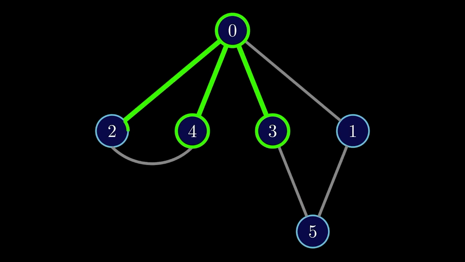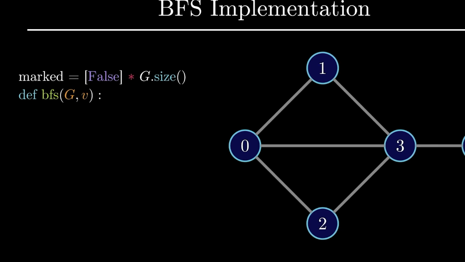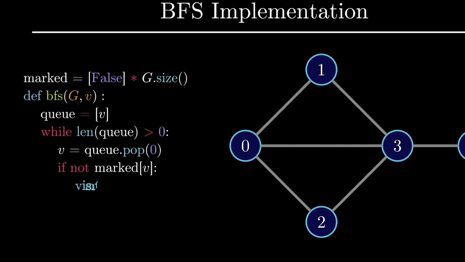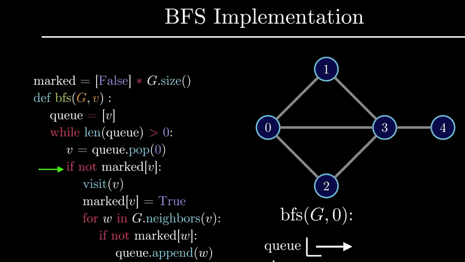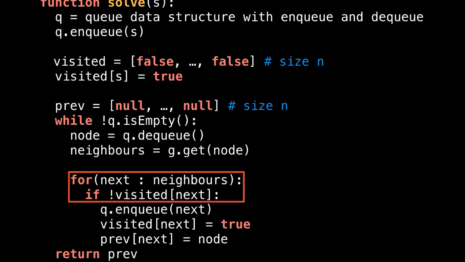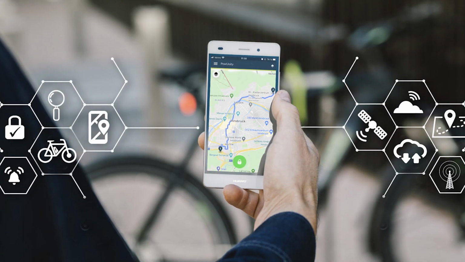However, BFS can be very memory intensive as it needs to keep track of all the explored nodes in memory. Another advantage of BFS is that it can be easily implemented using a queue data structure, which makes it an efficient algorithm for finding the shortest path between two nodes in a graph. This property of BFS makes it a popular choice for finding the shortest path in applications such as GPS navigation